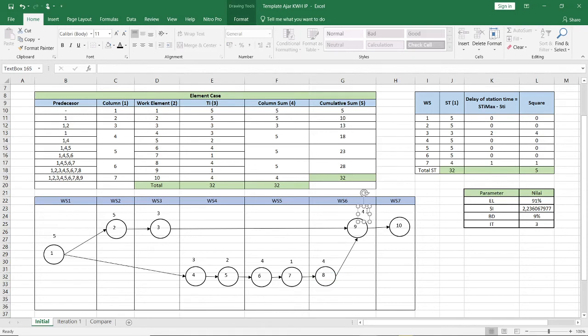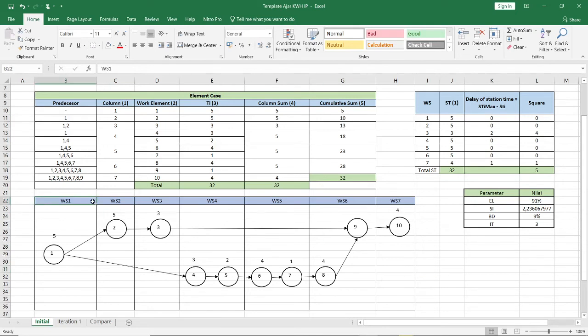Ninth work element is 1 minute. I'm sorry, there's a mistake. It is 1 minute. And the last is 10th work element. It is 4 minutes. And that's how you should make the precedence diagram for this method.